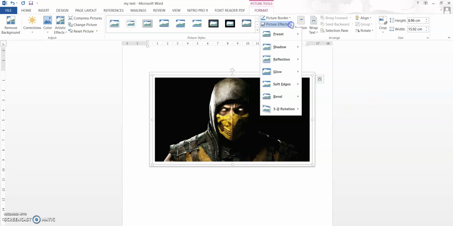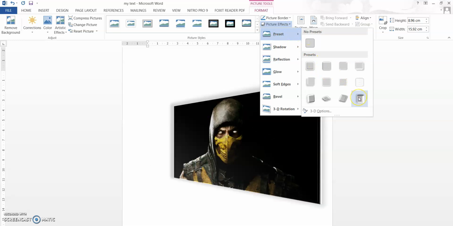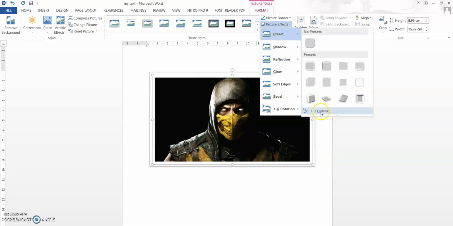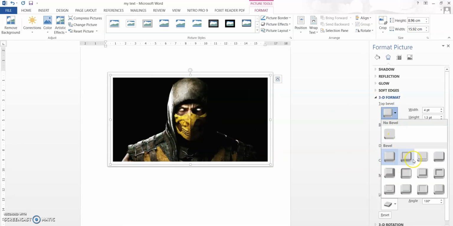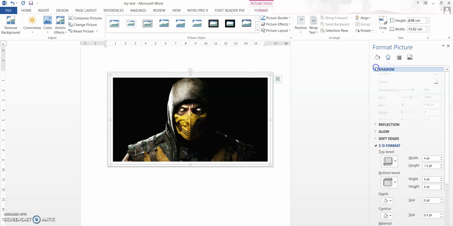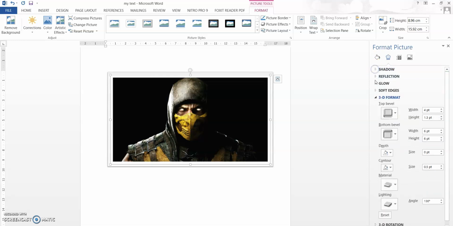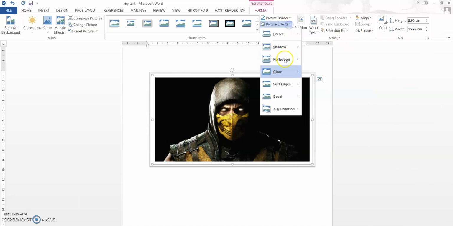And also many picture effects can be done, so preset, for example, and if you want it to be like this, you can give. 3D options are also available, in which see, there are so many different options that you can apply, like 3D reflection, shadowing, many options are there, so you can explore that. So in shadow you have preset color, and reflection you have, this is by formatting the picture. Okay, so many effects can be added.